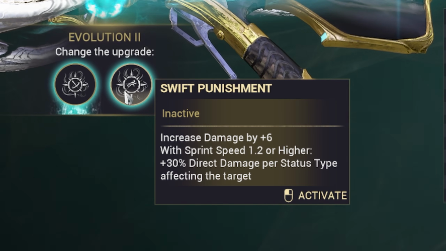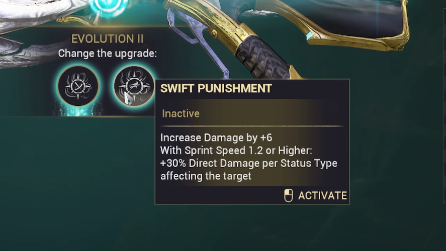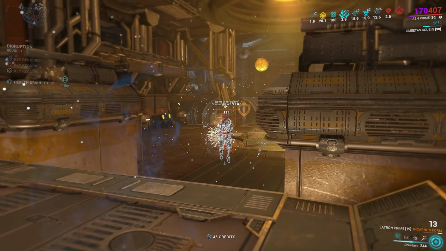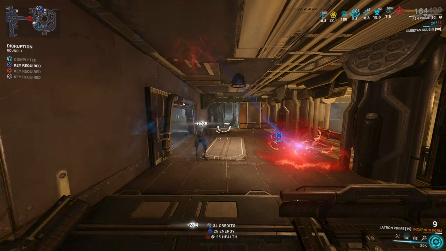Or you can go the sprint speed one and prime with a primer and do an extra 30% damage on top of Galvanized Savvy's 40% damage per status type affecting the target. I'm using the multi-shot as I find that it does a bit more damage in some cases because I am using Galvanized Savvy already and I haven't fully tested which one does more damage directly, but the multi-shot is nice